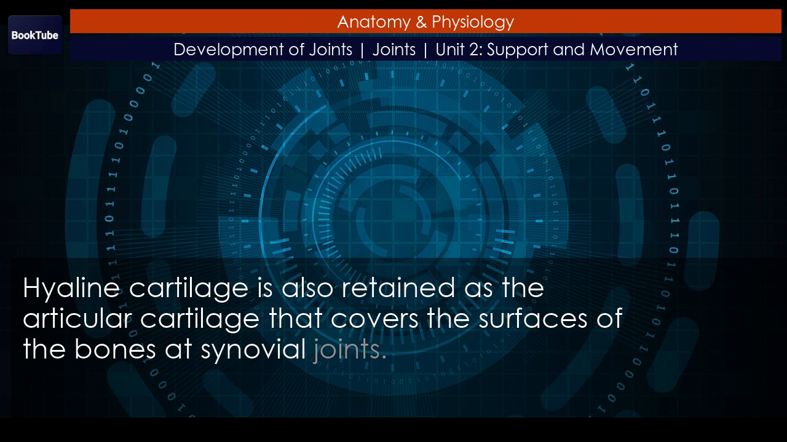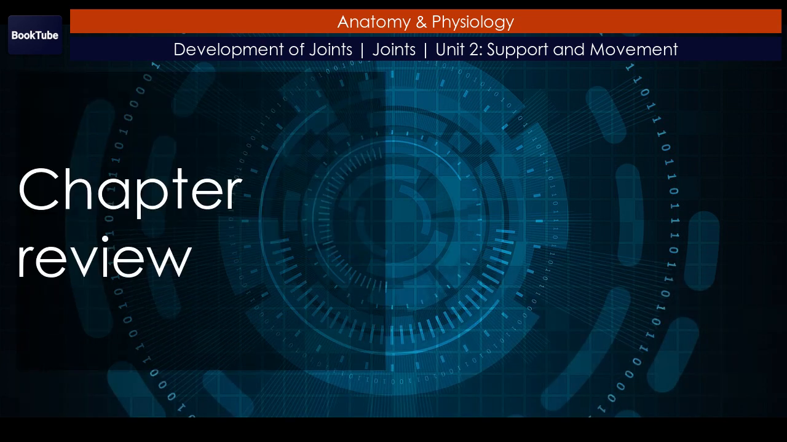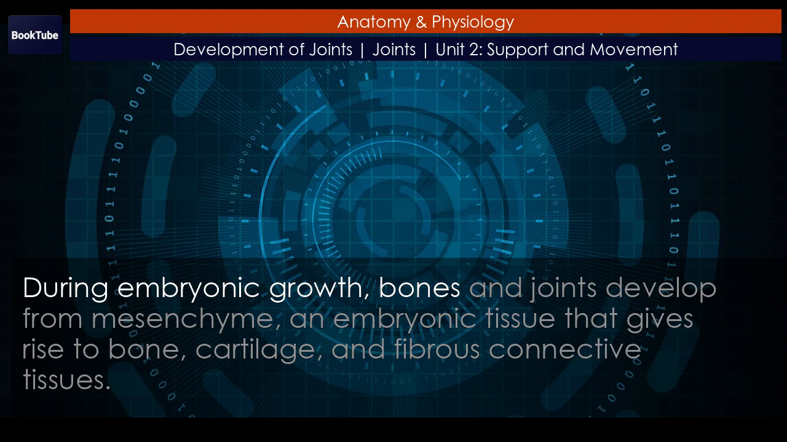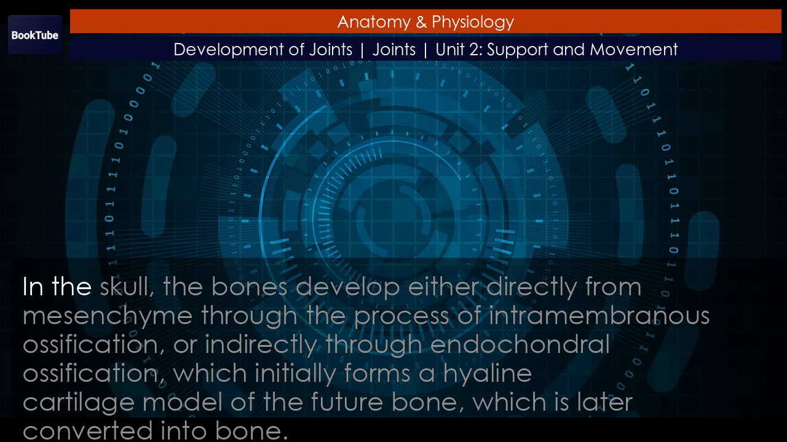At synovial joints. Chapter review. During embryonic growth, bones and joints develop from mesenchyme, an embryonic tissue that gives rise to bone, cartilage, and fibrous connective tissues. In the skull, the bones develop either directly from mesenchyme through the process of intramembranous